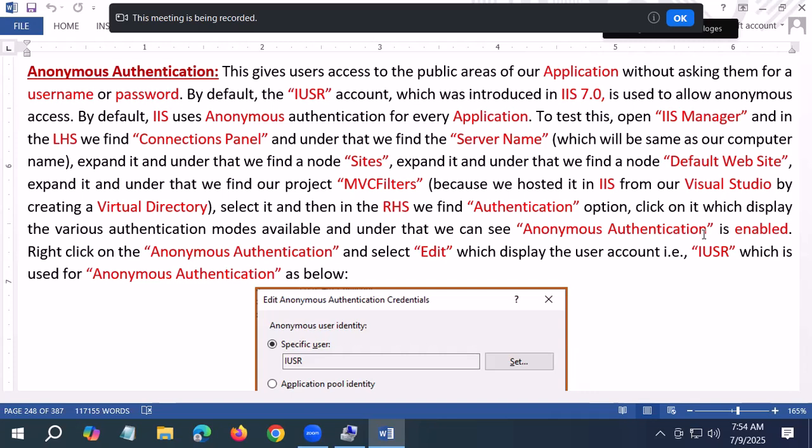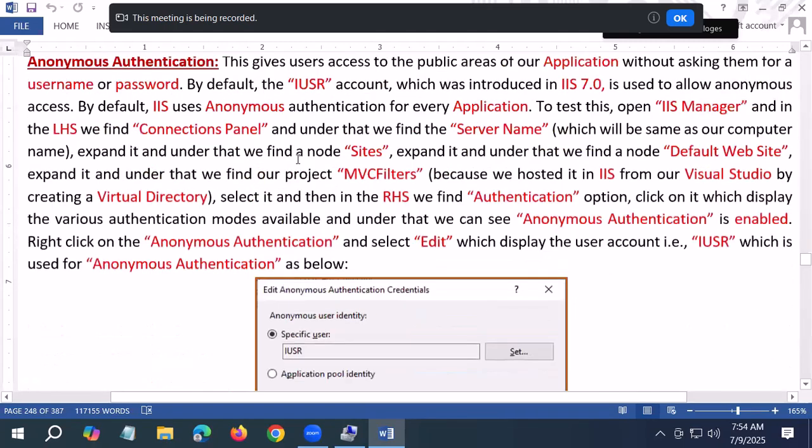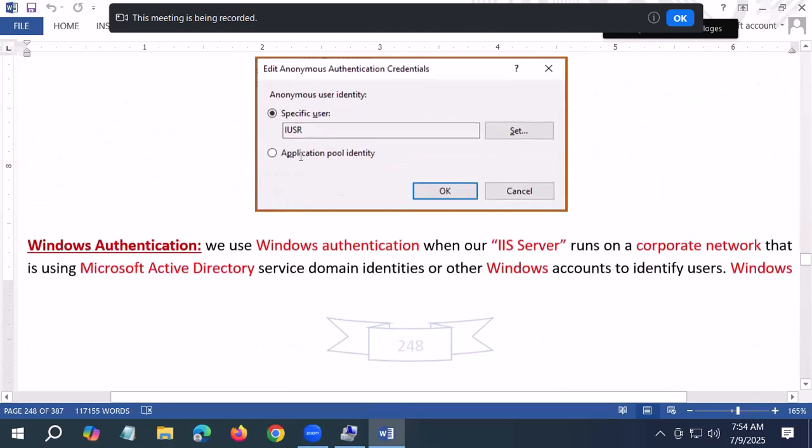I have already shown you this in yesterday's session. Clear? What is the default user account it uses? IUSR. This one I clearly showed you yesterday already. Second,